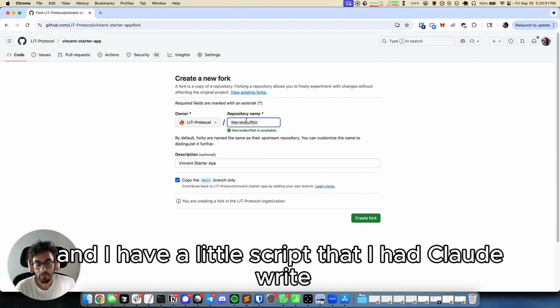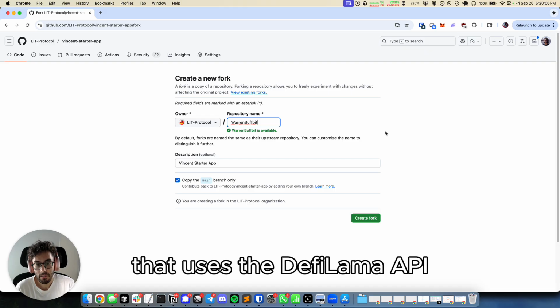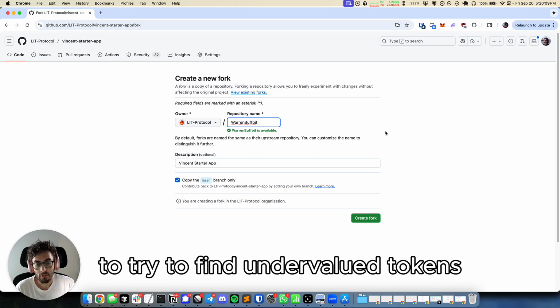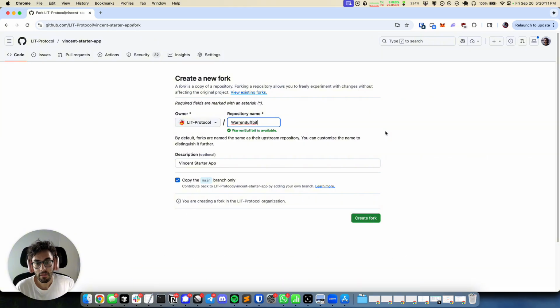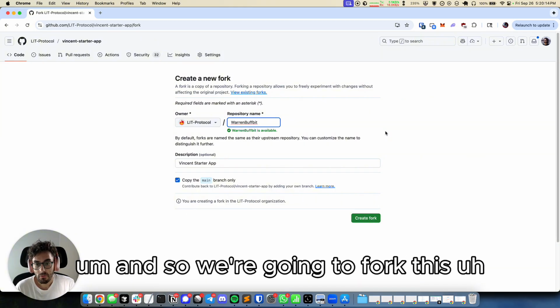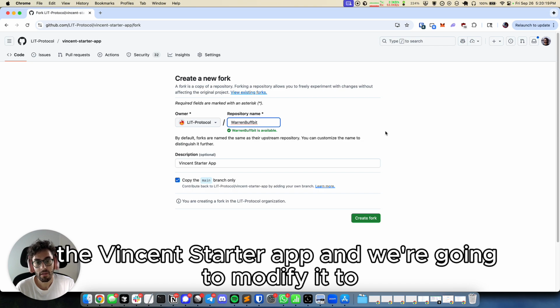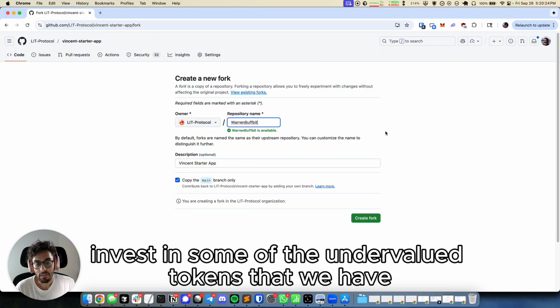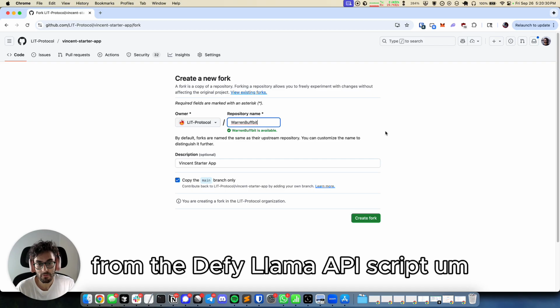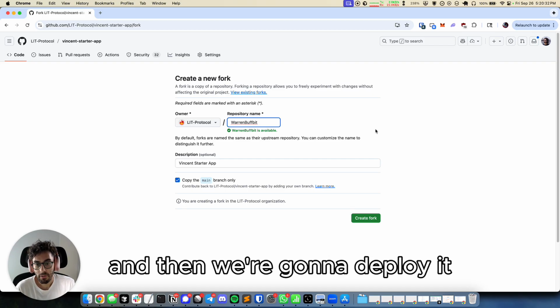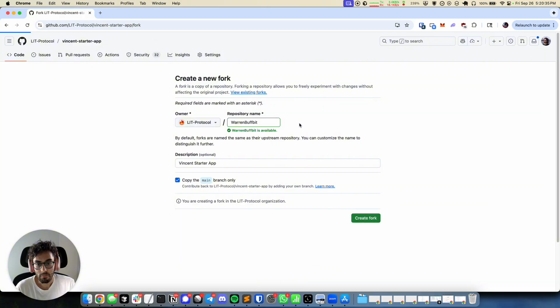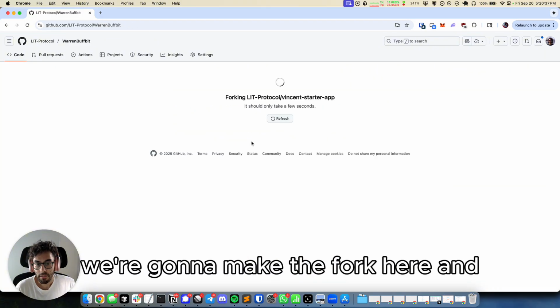And I have a little script that I had Claude write that uses the DeFi Llama API to try to find undervalued tokens in the Warren Buffett style. And so we're going to fork this repo that does dollar cost averaging, the Vincent Starter app, and we're going to modify it to invest in some of the undervalued tokens that we have from the DeFi Llama API script. And then we're going to deploy it. So we're going to make the fork here,